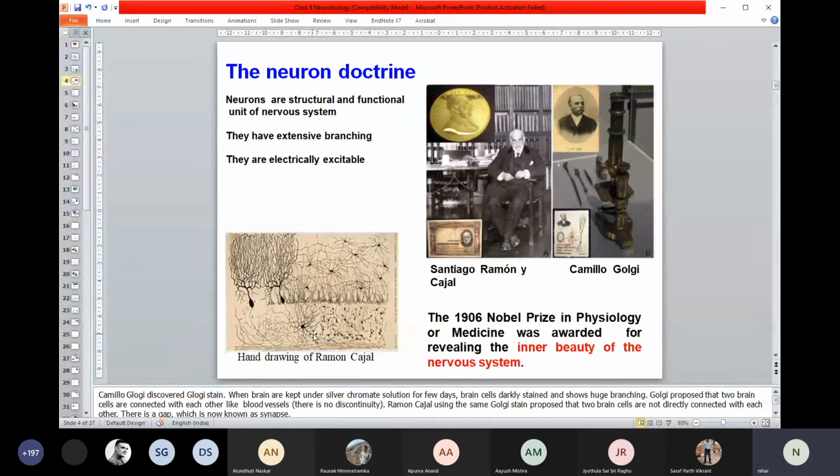He actually drew it by hand by observing through an ordinary microscope that he himself made. If you look at this picture, you can understand how beautiful it is, and you can think about how good he was at drawing. And from there he came to this conclusion. Of course, whatever both of them hypothesized, at that time it was not proved. So it took quite a long time to finally prove there is a synapse. But obviously Cajal was right. I hope you understand the story behind it.